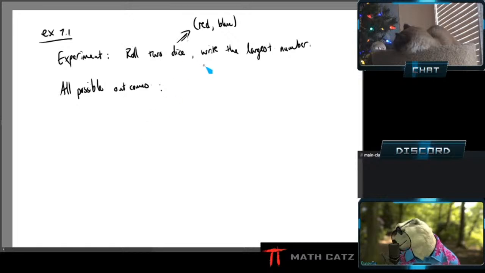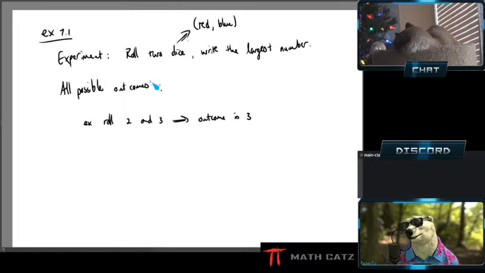So the wording is important. I'm not writing down, for example, I roll a 2 and a 3. I don't write down 2 and 3. I write down, as the result of this experiment, the largest number that I see. So, for example, if we roll 2 and 3, then the outcome of the experiment is 3,